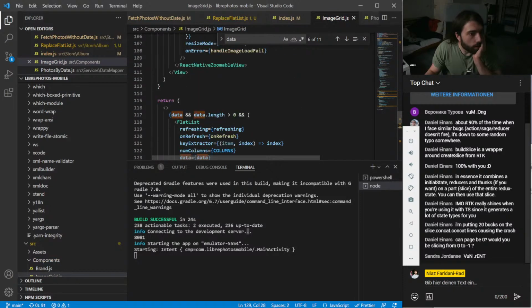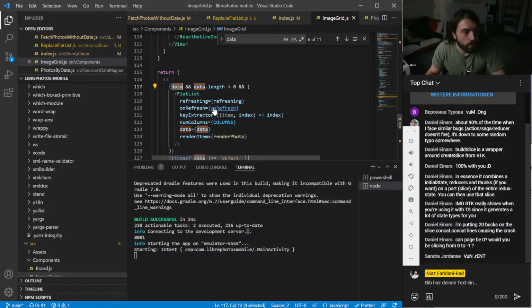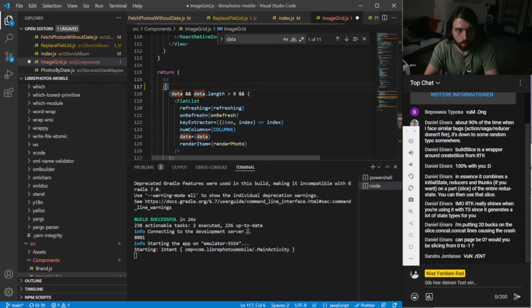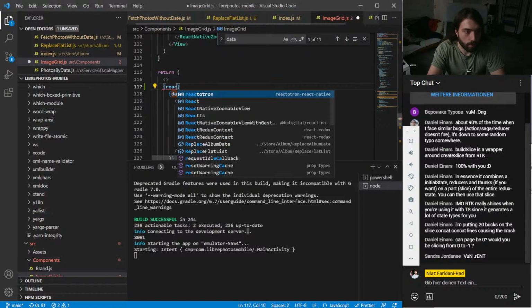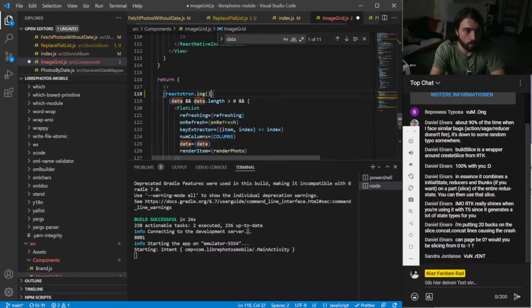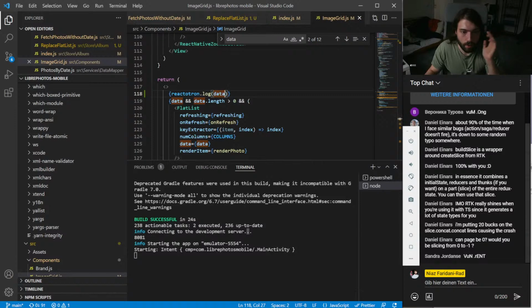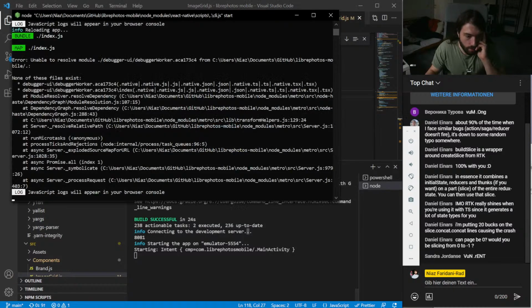So I think what I'm going to do now is console reactotron.log data. I just want to see what actually comes up there.